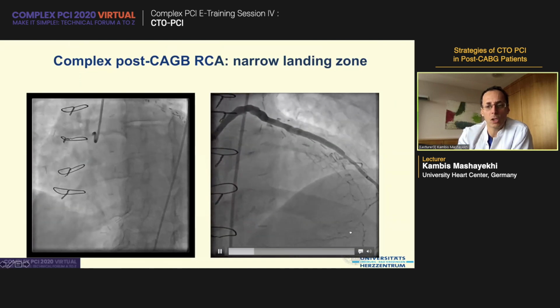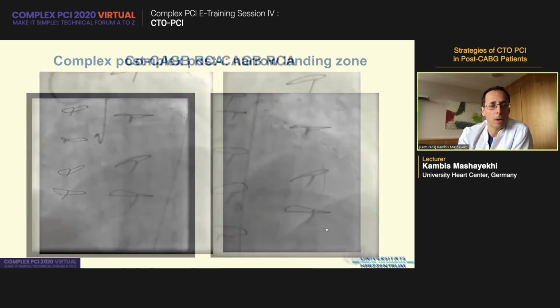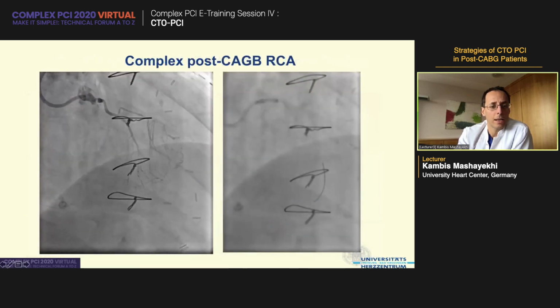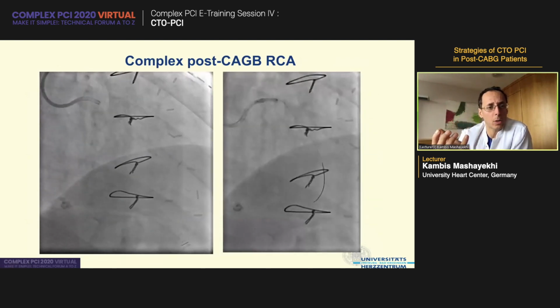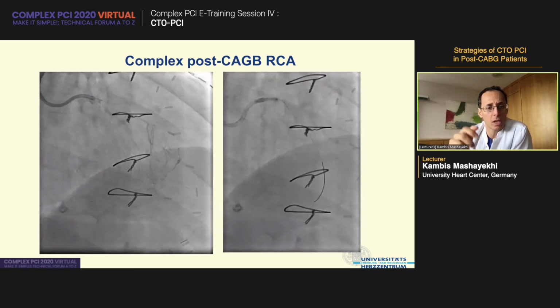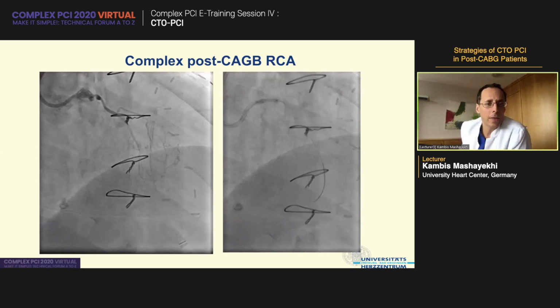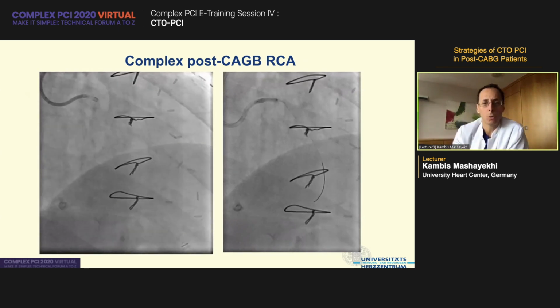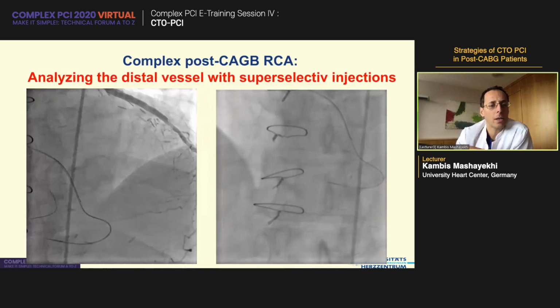Those are risky channels, very tiny risky channels. Therefore, we should think about alternative approaches. When I turned the guide a little bit in another direction, I could really analyze this proximal right marginal branch, which gives us septal connections to the PDA. Therefore, this can also be useful in this case with an ipsilateral approach to get the wire,